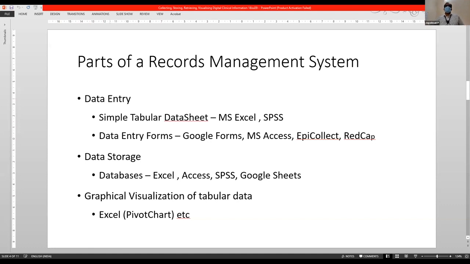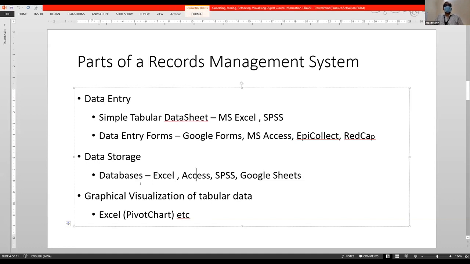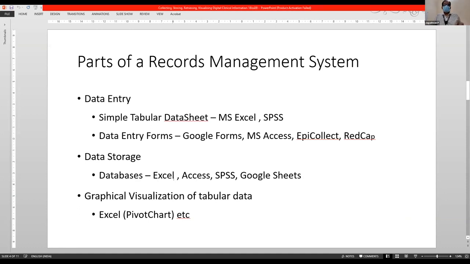So how do we separate data entry format? So first thing to create such a system is to have a data storage format in the form of an Excel, or there is a database provided by Microsoft that is called Microsoft Access, which can also be used to generate a spreadsheet like what Excel can do. Even some open sources like LibreOffice available in Linux and other systems can also be used. And SPSS is one common format used by most residents during thesis.